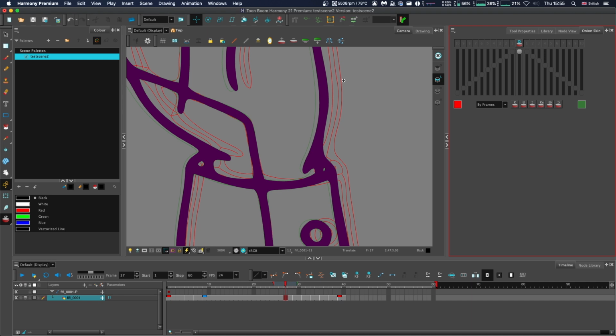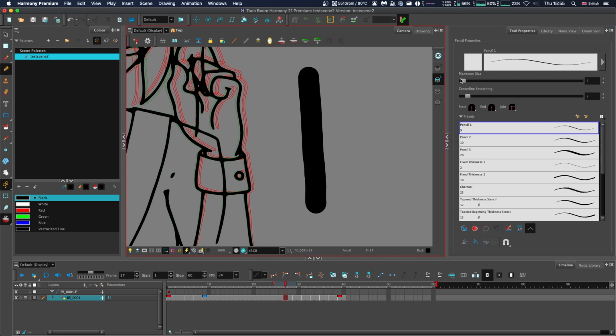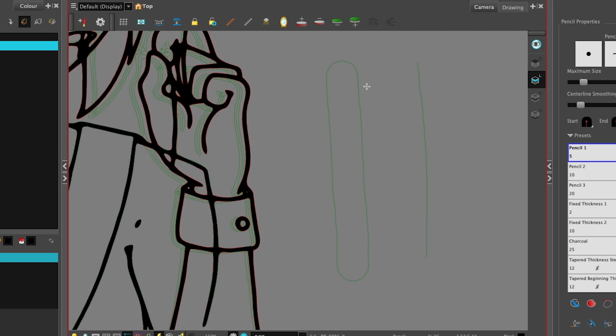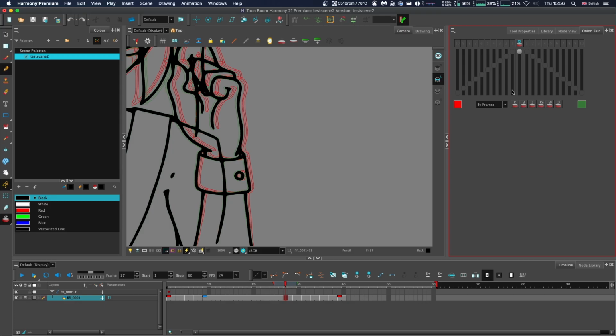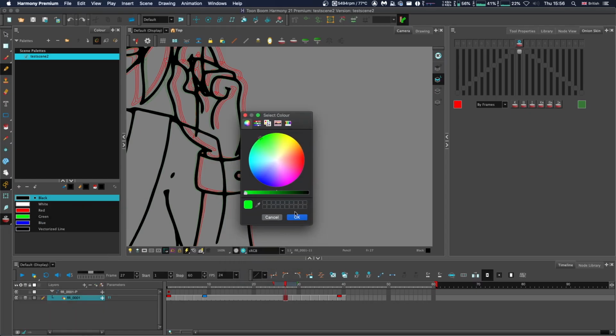Coloured outline, which shows the vector lines as outlines in the colour selected within this window. Since it uses the vector outline, brush strokes and pencil strokes show differently. You can see brush strokes show the fill, pencil line just shows the inner line. You can set the colours of the onion skin on the coloured and coloured outline modes via these buttons here. Just double click and it will give you a dialog box that you can edit.